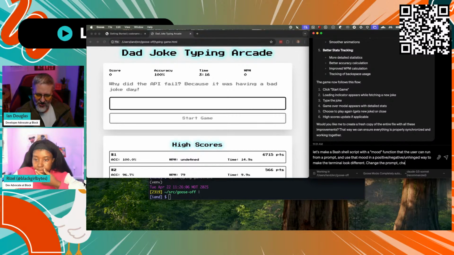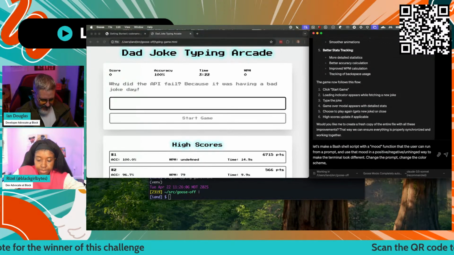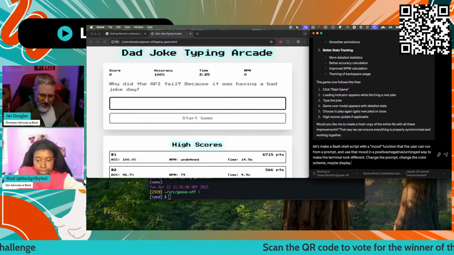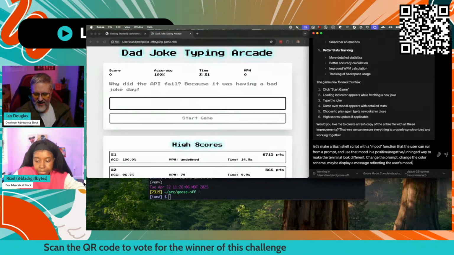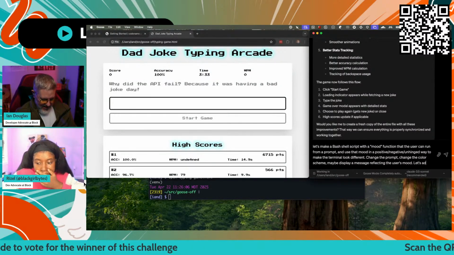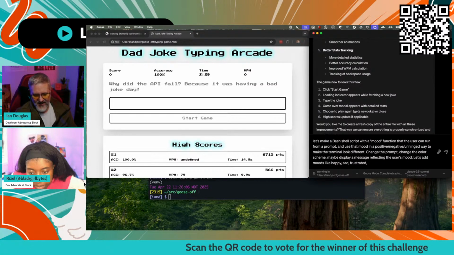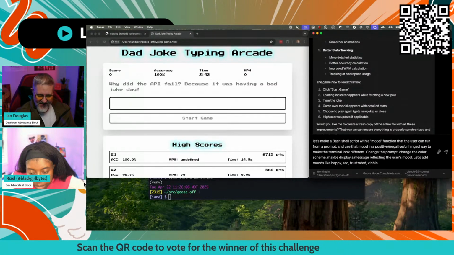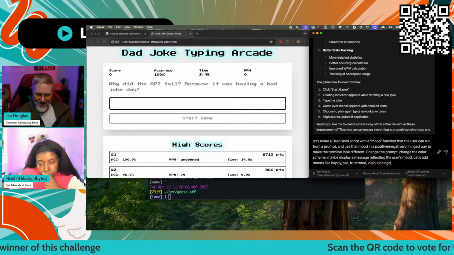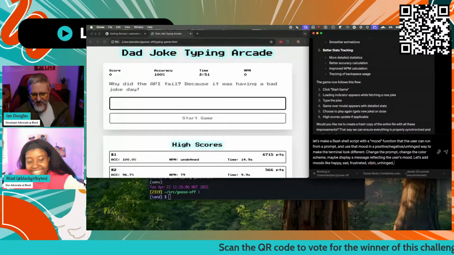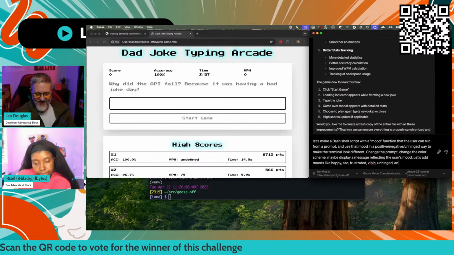Change the prompt, change the color scheme, maybe display a message reflecting the user's mood. Let's add moods like happy, sad, frustrated, vibin', unhinged. We'll just keep putting that one in there. Maybe it'll do something really weird. I don't know. We'll start there.